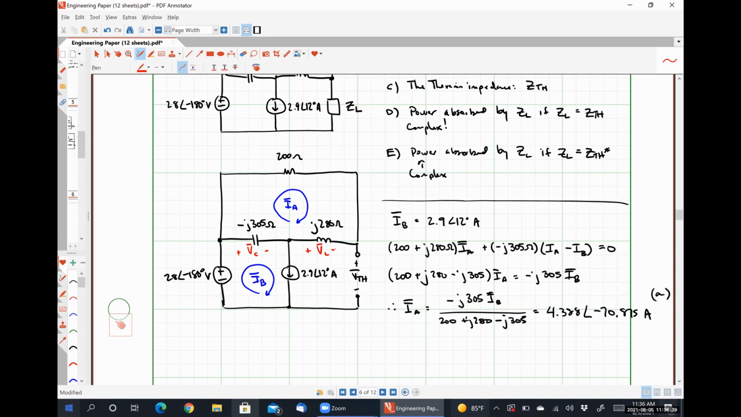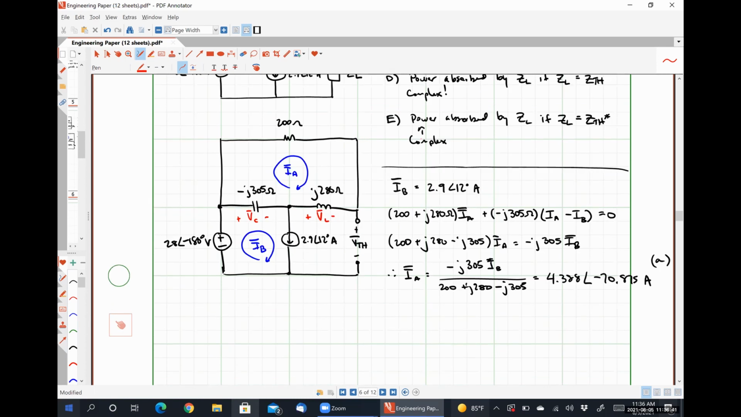So how I would approach this is I would write a Kirchhoff's voltage law loop equation around this loop, right? So what I would get in the end would be that my Thevenin voltage is going to be 28 angle